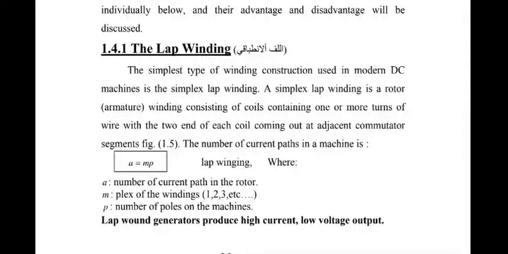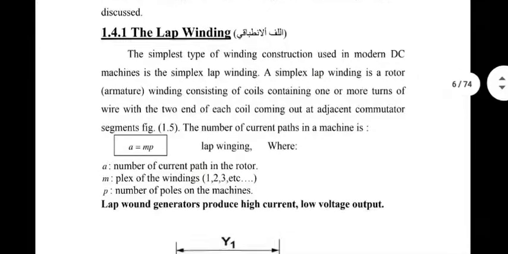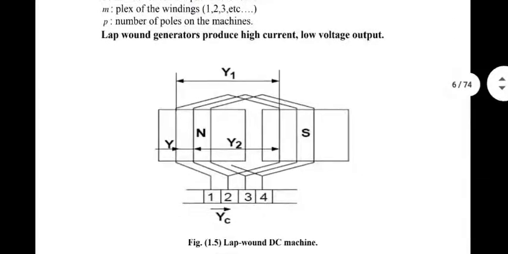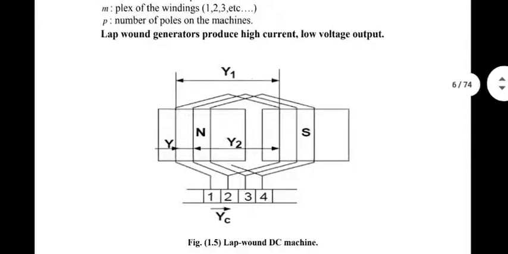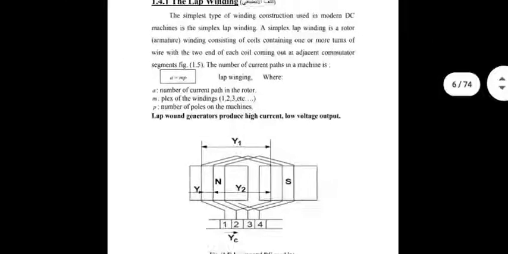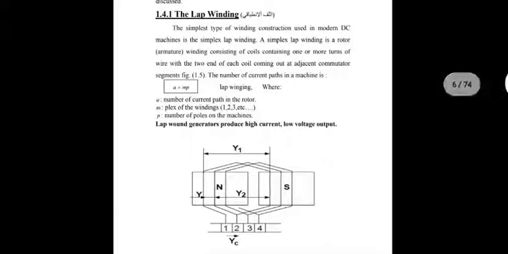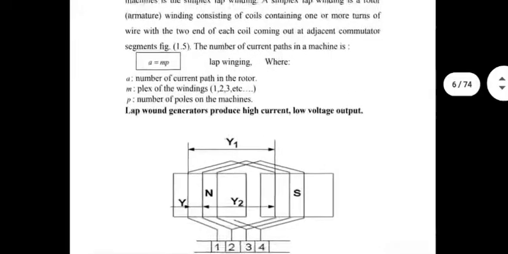This is the simplest winding possible. Basically, two ends of a given coil are connected to adjacent segments on the commutator. That's the basic idea here. In case of wave winding, they are connected to segments a little further apart from each other. At least that much you can try to memorize, if nothing else.